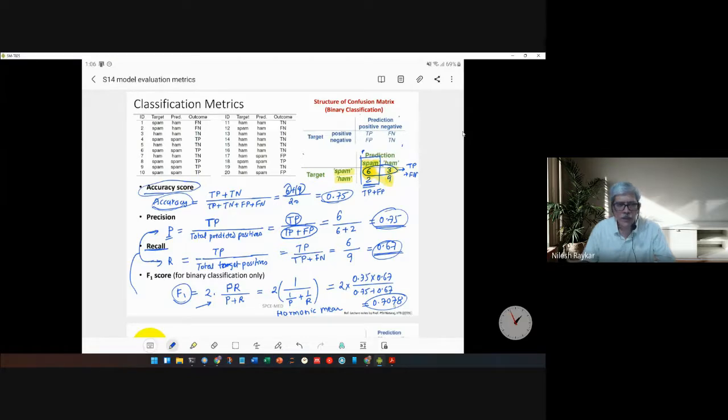One part is calculating these metrics. That is the simple part, but where to apply which metric is something where you have to apply your mind and think and then take the decision. Okay, now any questions at this particular stage? Because precision and recall concepts require some reflection. Maybe if not now, after you think a little, you may get more clarity about these two concepts.